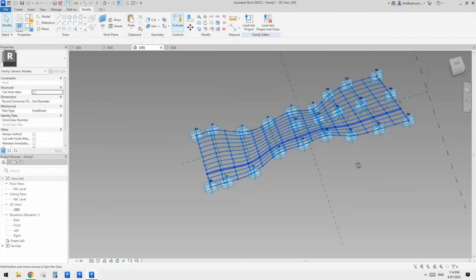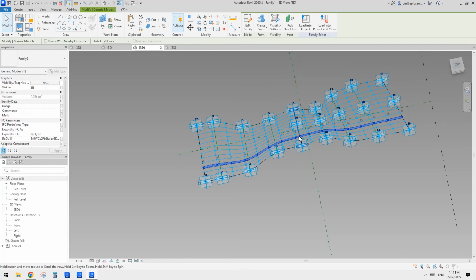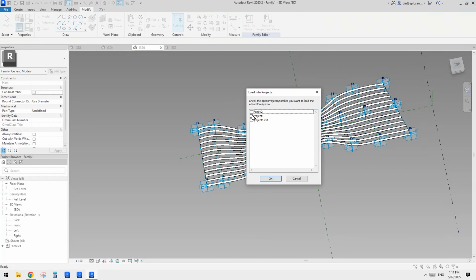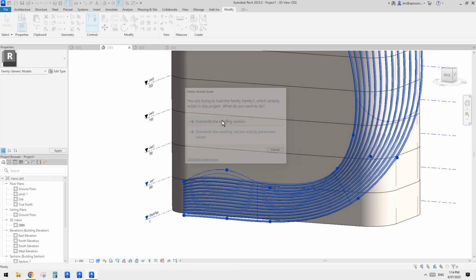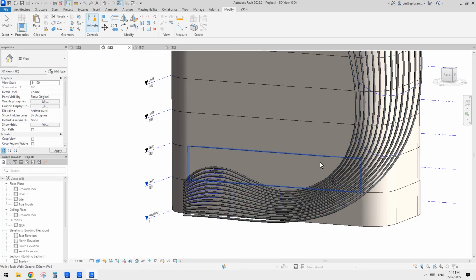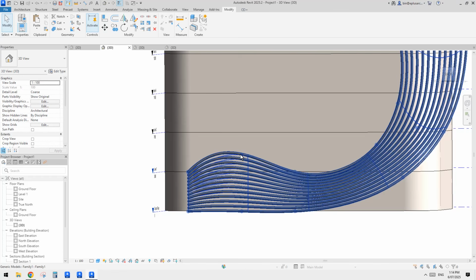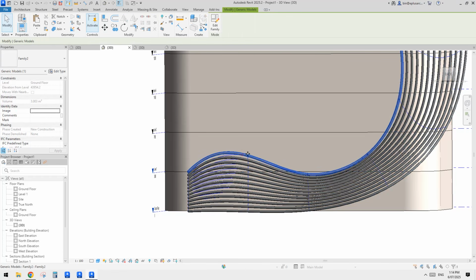Okay, so make sure, yeah, I think that's correct. Repeat, and then that's it. Load it into the project again, and overwrite. Always pick the first one, most of the time. Yeah, see, now it's slightly better. It's still not perfect. You can see it goes up a little bit too much, but at least it's better than before, right? So we can always try to adjust